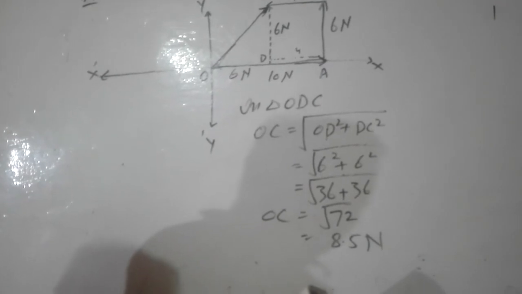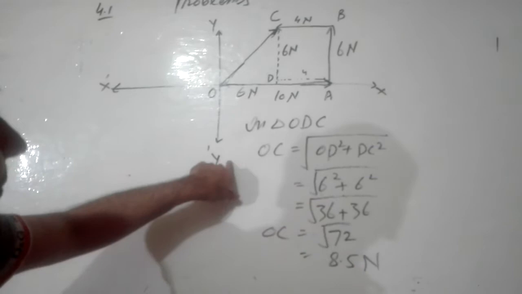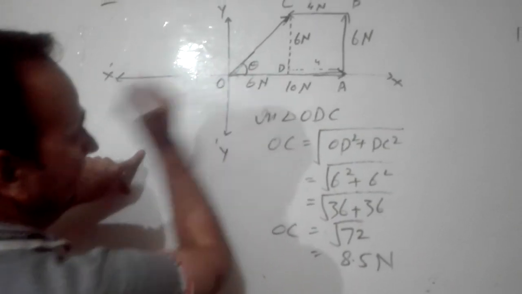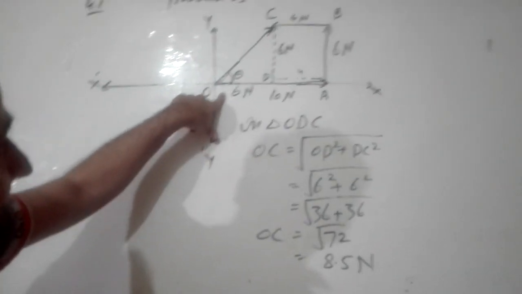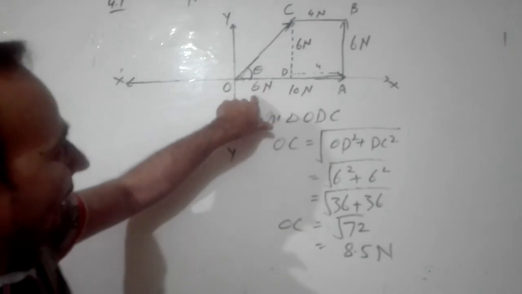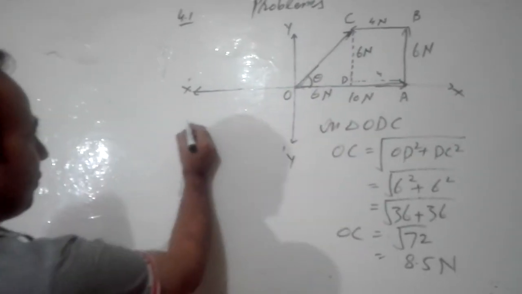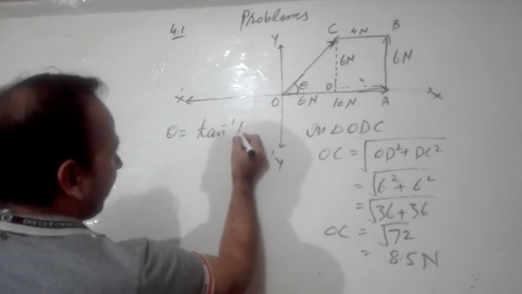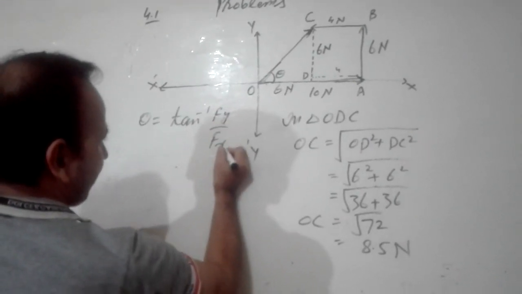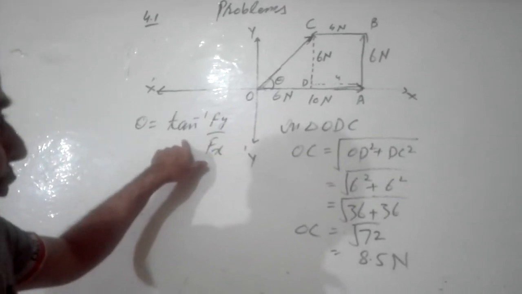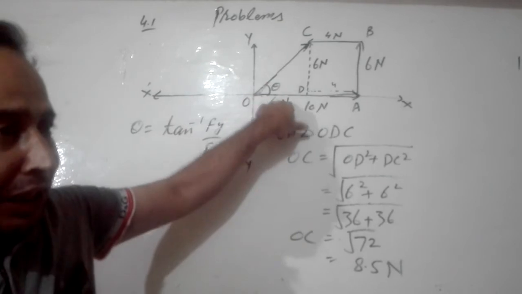Now secondly, you also have to tell the direction. Note down, I have told you how to find the direction. To find the direction, you have to find the angle of this force, theta. If you have to find the angle theta, then you have to apply the same formula which I have told you: theta is equal to tan inverse of Fy over Fx. Many times I have repeated this formula to find the direction in a right angle triangle.